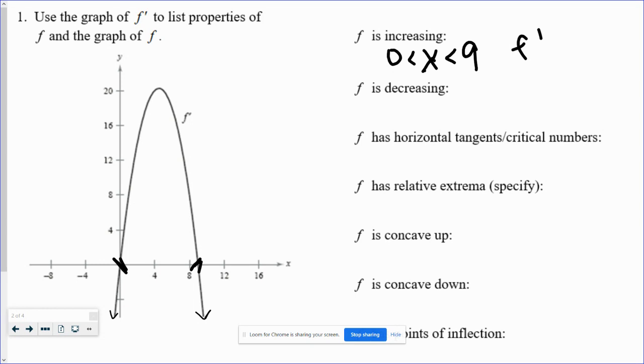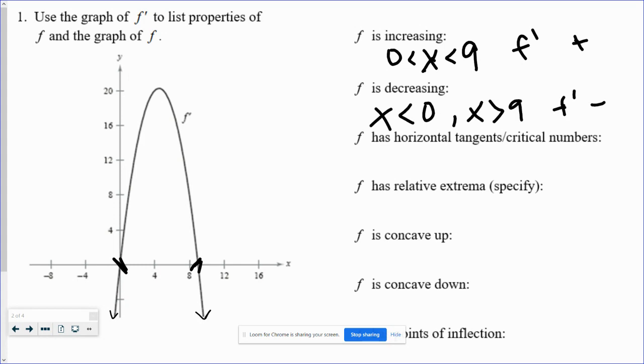Because f prime is positive. Okay, I'm running out of room, so I don't want to write too big. F is decreasing, so this is the opposite now. We want to know where F is decreasing, so we're looking for where this derivative is negative. Okay, so that happens when x is less than 0, and when x is greater than 9, again, because